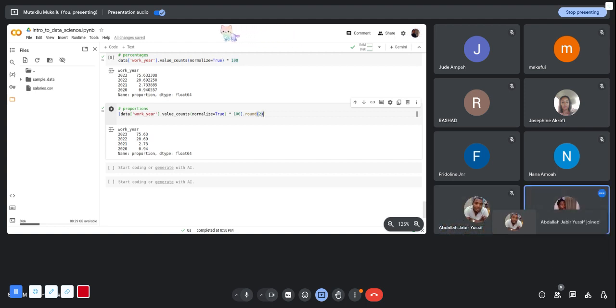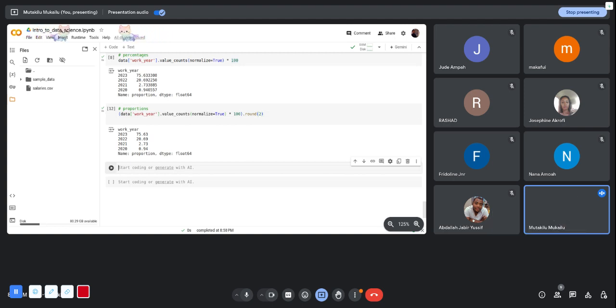And the reason why we did it this way is that in Python, or in mathematics, we have something we call BODMAS. I'm very sure the math people here, all of us, remember BODMAS: brackets, order, division, multiplication, addition, and subtraction. What I want you to understand from this whole BODMAS issue is that when you put something in parentheses, like a whole code in parentheses, Python will execute that one first before